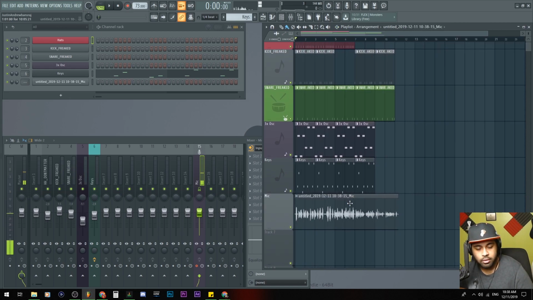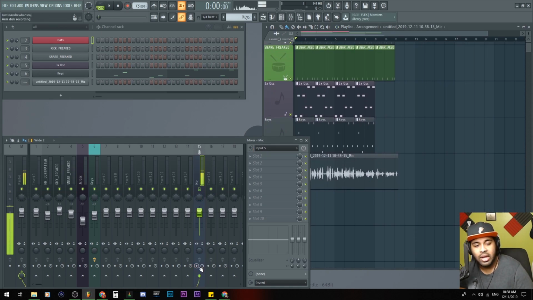I'm sorry, I got off in a little bit, but you can see I recorded there by having this armed to record. That's what that button is. This little time button right here, you don't have to worry about. If you have no idea about it, don't worry about it. It's gonna set some latencies and stuff like that. FL Studio will do that automatically if you have certain plugins that require that latency. Yeah, don't worry about that part.